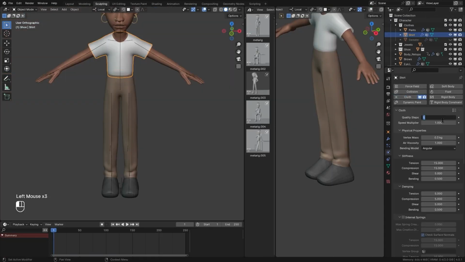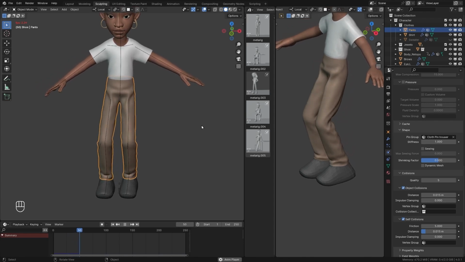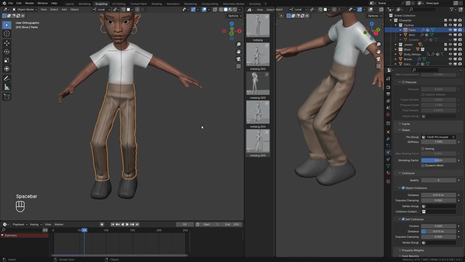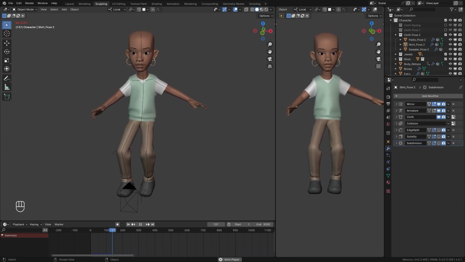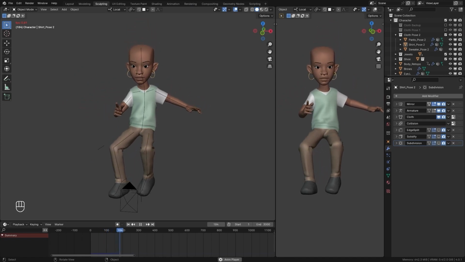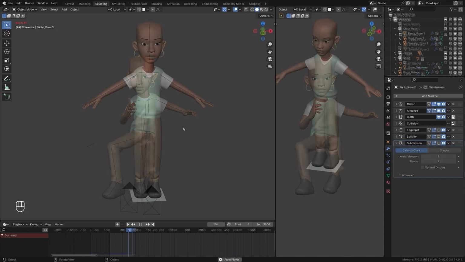And here you can see what I'm talking about. When I run the cloth simulation, I'm still able to have realistic folds and also retain the overall look I want for the clothes of the character. I then simulated the clothes for the two final poses, and then I applied the cloth simulation to the mesh so that it's now a static mesh.